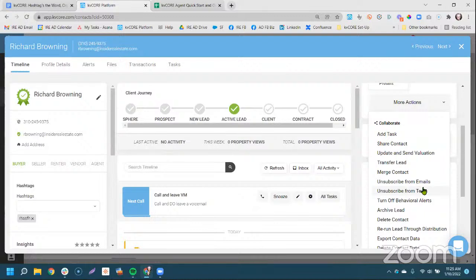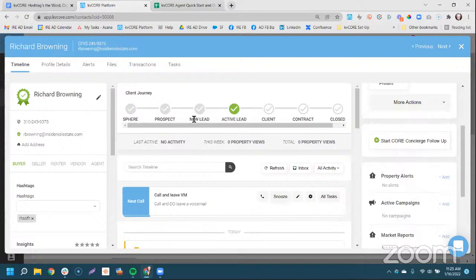Two, if this guy's like, you know what, I'm not ready, maybe in a few years, and you're like, oh, they're quote unquote dead, right? Just pop them into prospect, let them hang out by the pool, make their decisions, live their lives. You could put them in archive. The thing is, whether you have them in archive or prospect, if they come back to your website and start engaging again, the system's going to pop them right back from archive or prospect into new lead, active lead. So it's going to bring them back.